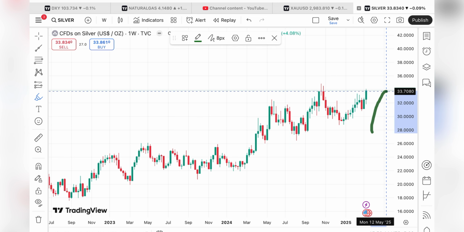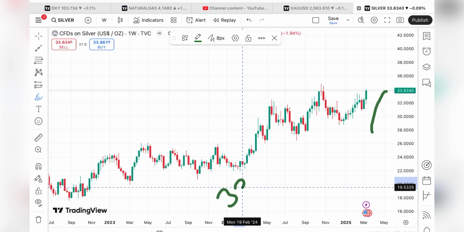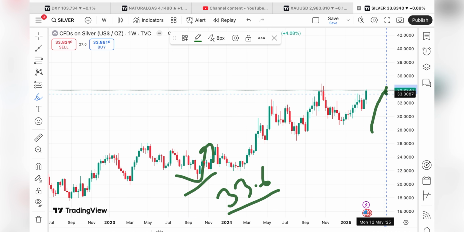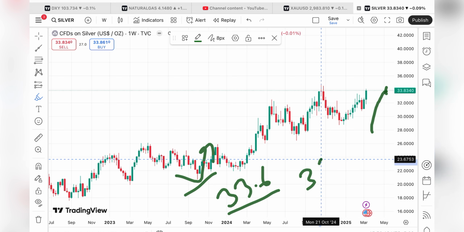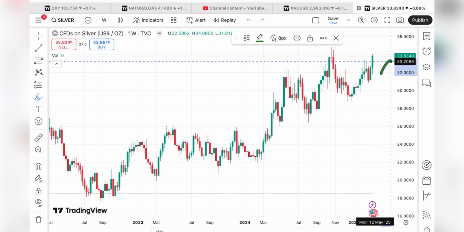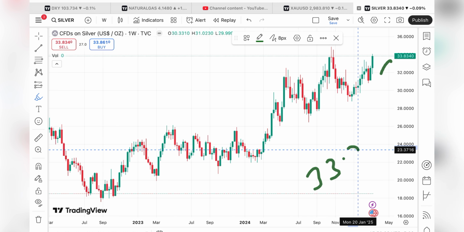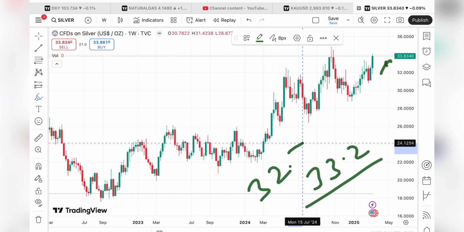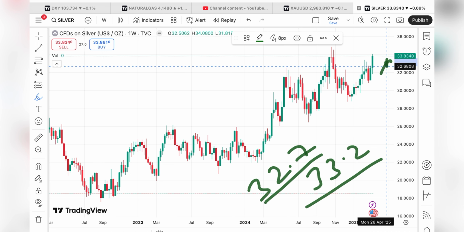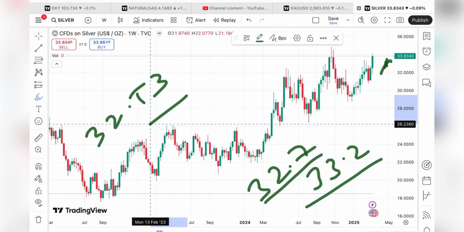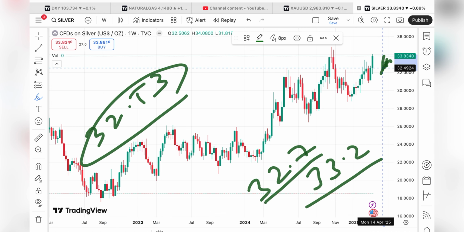Suppose if the price didn't sustain, we can see a next support coming at a level of 33.6. From there a bounce back can come, but if that didn't sustain, we will see it will fall towards 33.4. Suppose if the price started falling below a level of 33.4, we will see the price will go further down towards a level of $33.2, and from there a further fall we can see towards 32.7. Suppose if the price started falling below 32.7, a chance of touching 32.53 we can see, and if the price started falling below that level, a